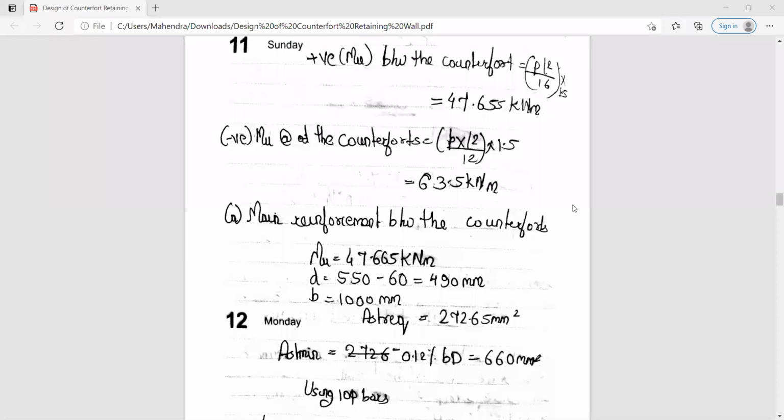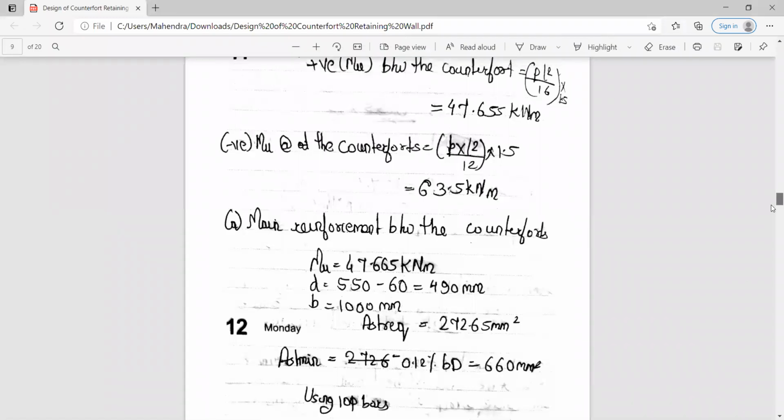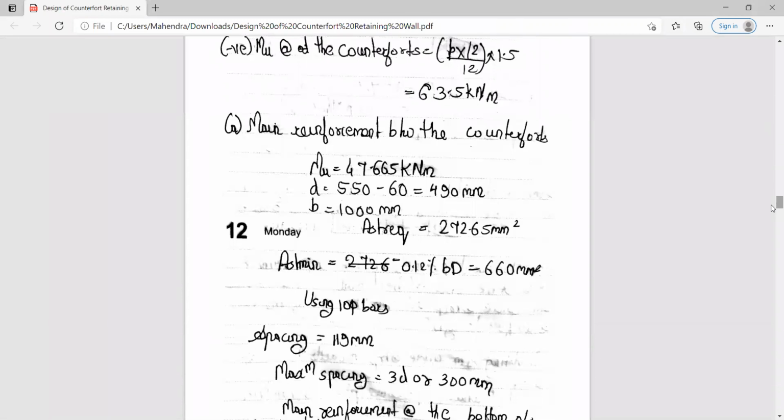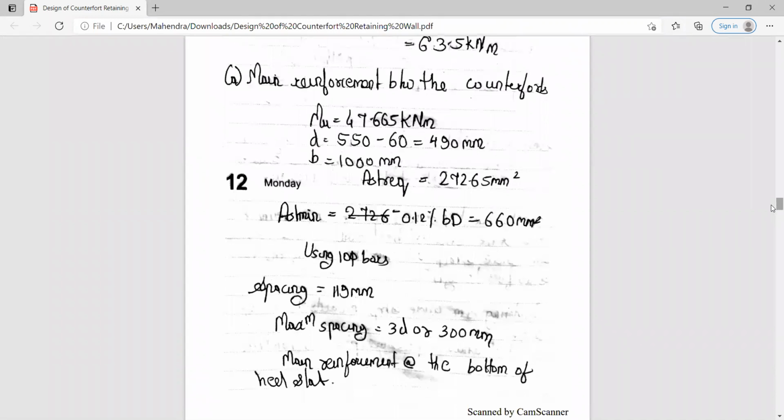Okay. So first of all, we need to calculate the main reinforcement between the counterfort. For this, you have already calculated the moment, which you got as 47.665. Then you need to calculate the effective depth. To calculate effective depth, 550 minus 60. That is nothing but the cover; we are going to consider it as 60. So you will get an effective depth of 490 mm. And B,